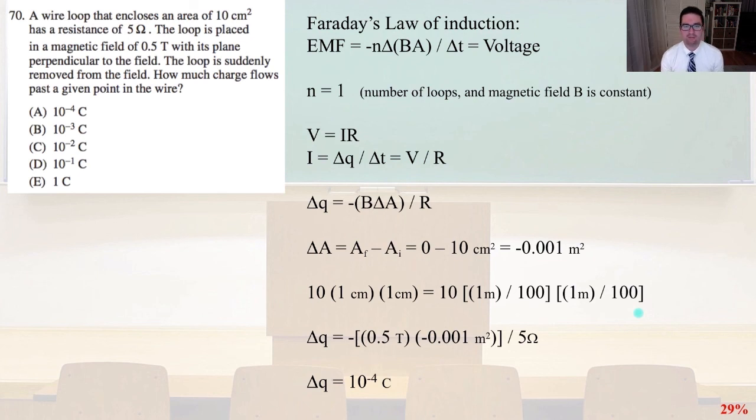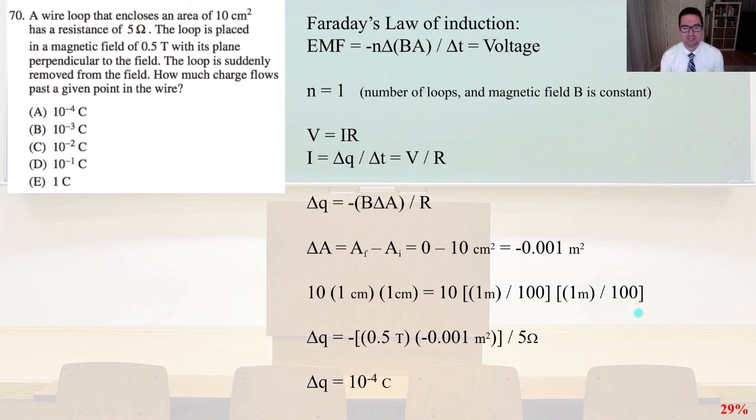So we're going to apply Faraday's law of induction, where the EMF equals negative N Δ(BA) divided by Δt, and that's going to equal the voltage, where here N equals 1. It's the number of loops, and the magnetic field is constant, so V equals IR. I equals ΔQ divided by Δt equals V divided by R. So ΔQ equals the negative of B times the change in area divided by resistance, and the change in area equals area final minus